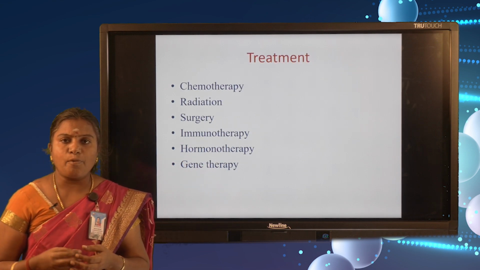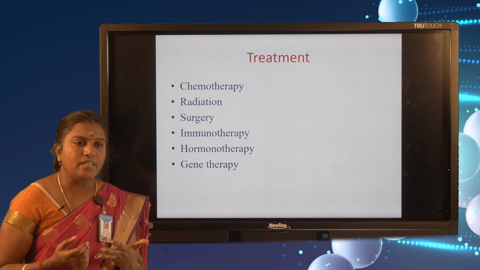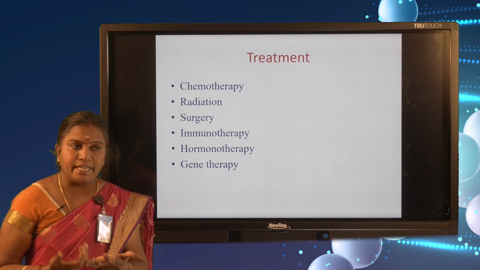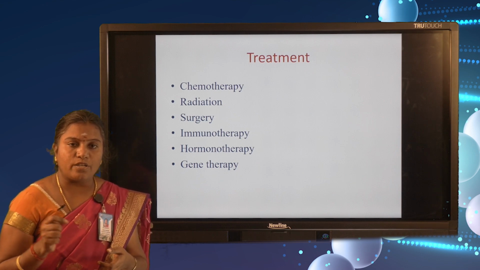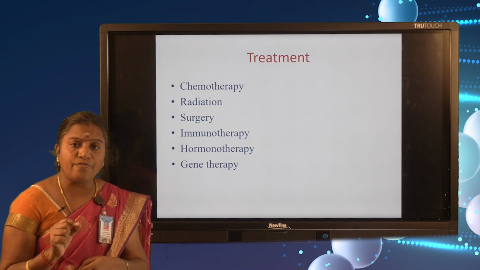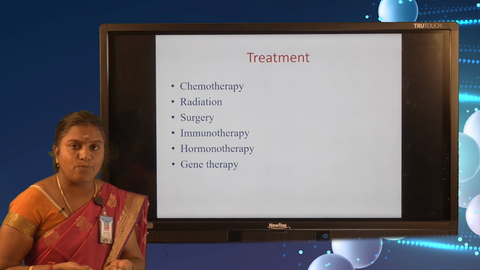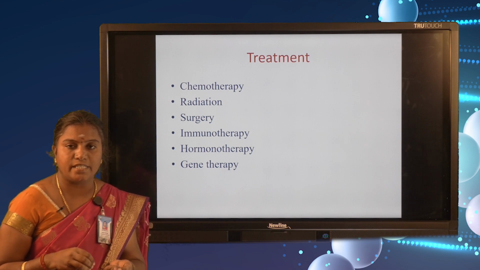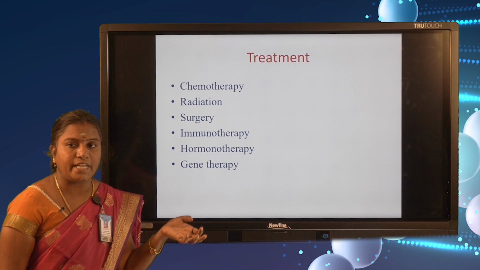After the diagnosis, we go to the treatment of this cancer condition. The first one is chemotherapy, which means administering a drug to cure the cancer. And then surgery: you have to find out the size of the tumor, and we have to go for the surgery process. And radiation, how to induce radiation for the cancer, and radiation along with surgery are used for the treatment of the cancer condition.